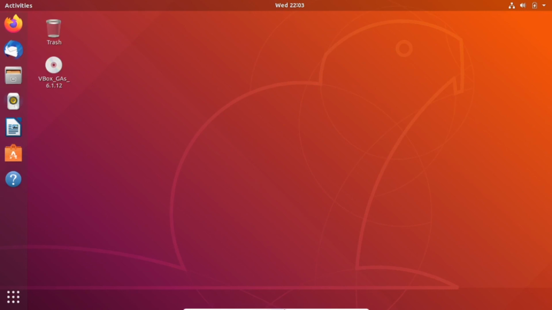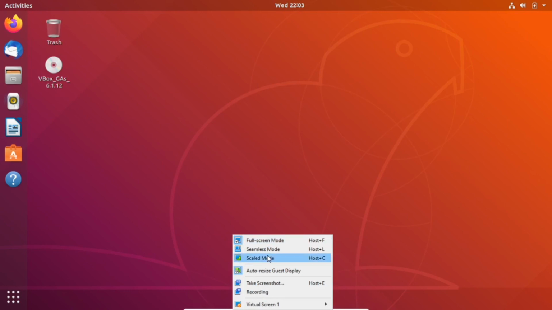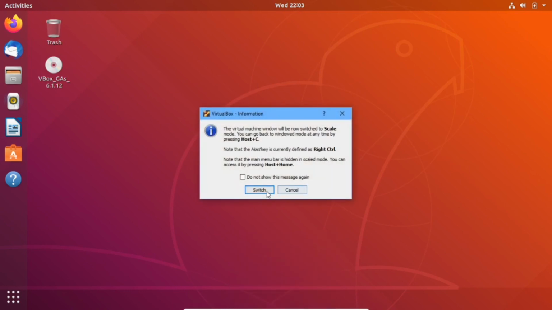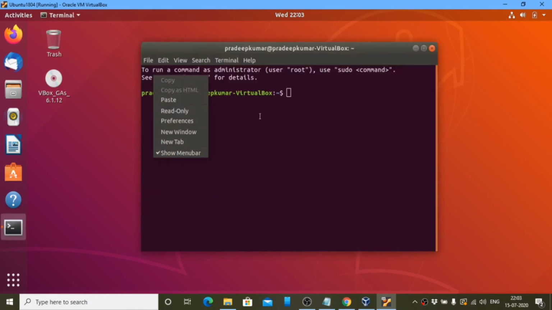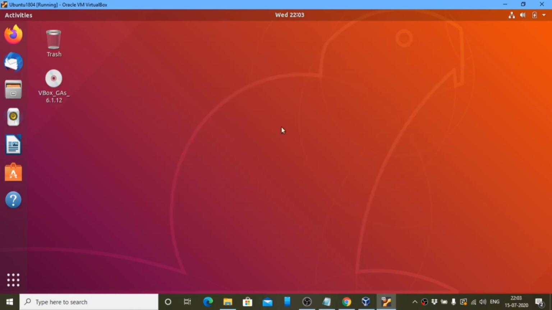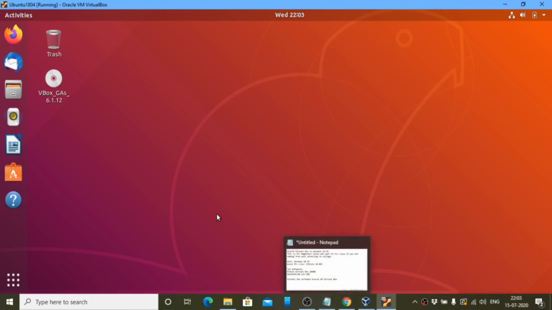Okay, now whenever I want to open a terminal, one method is Control Alt T. We have a shortcut key called Control Alt T. Once you use it, a terminal window opens automatically.